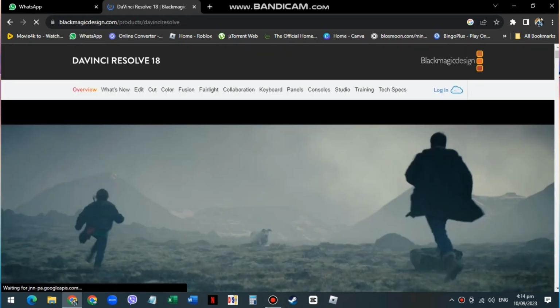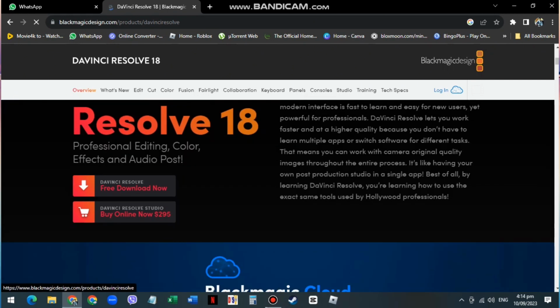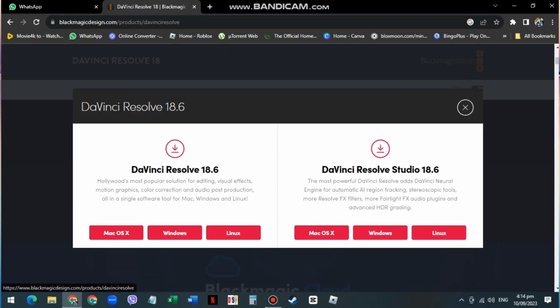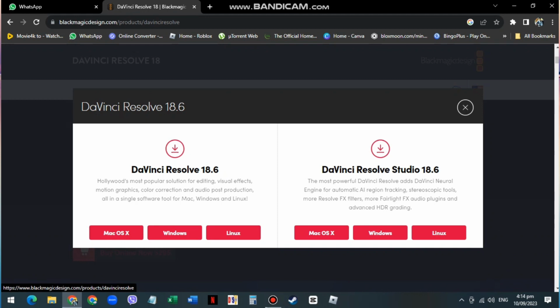We need to scroll down just a little bit, and on the left hand side we have the free download. Let's click on that. We have a few options here. There is a public beta, and the Studio version is the paid version. Let's go ahead and download DaVinci Resolve 18.6. By the way, you can choose between Mac, Windows, or Linux, but I'll pick Windows because that's what I'm